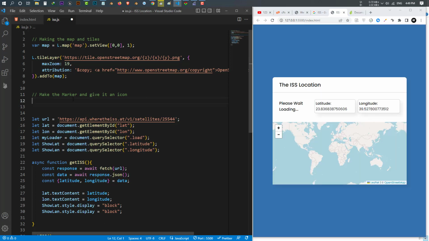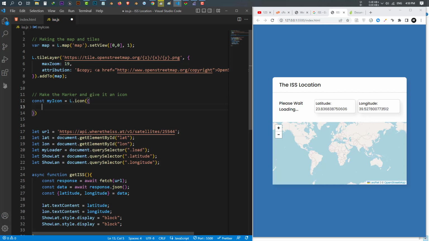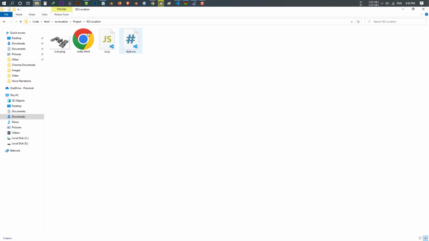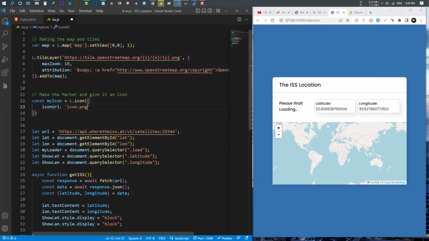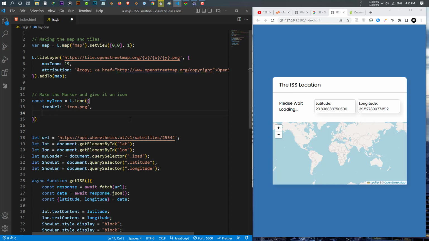Okay, let's add a marker by ourselves. We just need to make a constant, myIcon, which is equal to L.icon, and inside it we have the iconUrl, which is the icon of our icon. Okay, inside our folder we have this icon.png. We want that as a marker. So I say icon.png, comma,